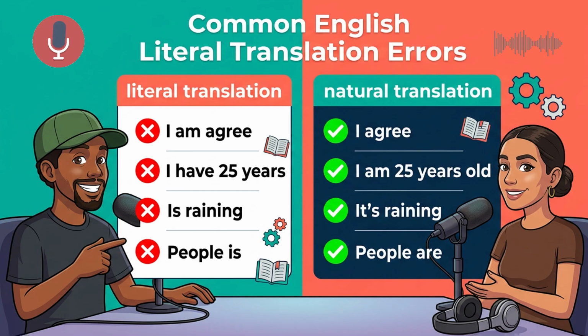Then our conversation shifted to the second rule. We talked about the age trap. I asked you, how old is the new manager? And how did you deliver the answer? I said, she is 30. I used the state of being verb. She is 30. I did not try to say she has 30. I did not suggest she was carrying 30 years around in a backpack. I described her current state of existence.